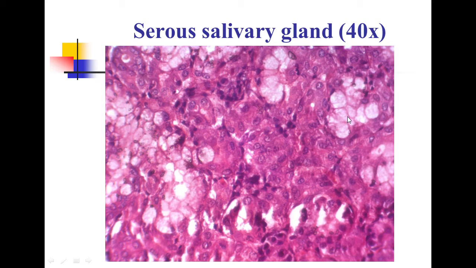Then this is the adipose tissue. So the adipose tissue is seen. So here in the lobule, this is the serous tissue. These are all serous acini which are darkly stained. Then the cells are pyramidal in shape, having a rounded nucleus, centrally placed.